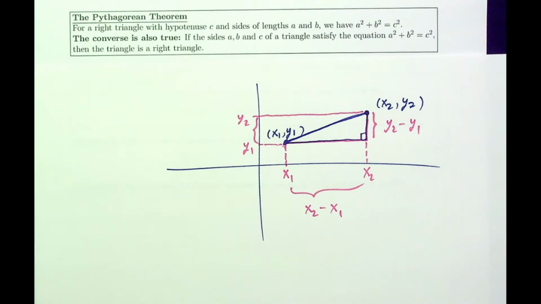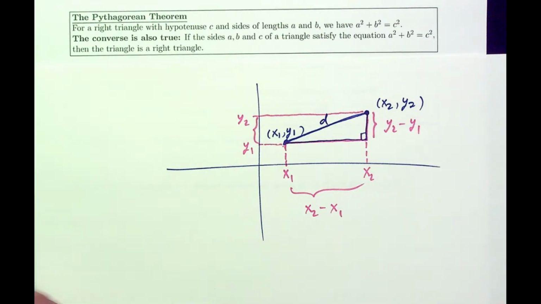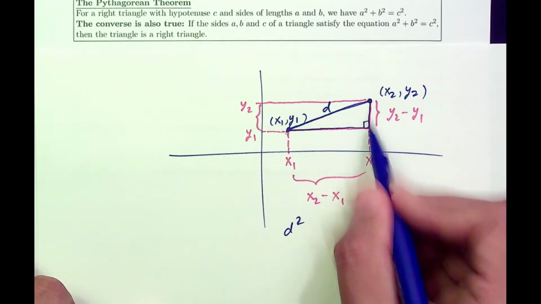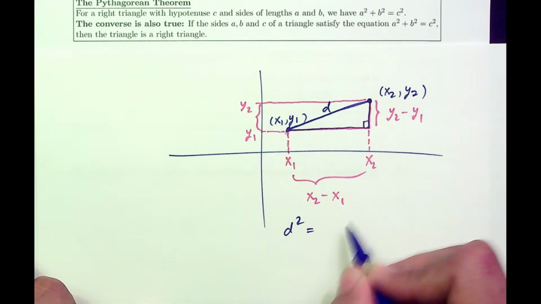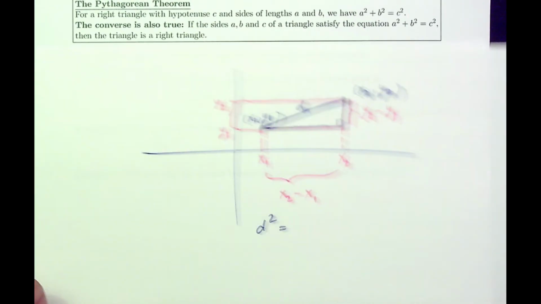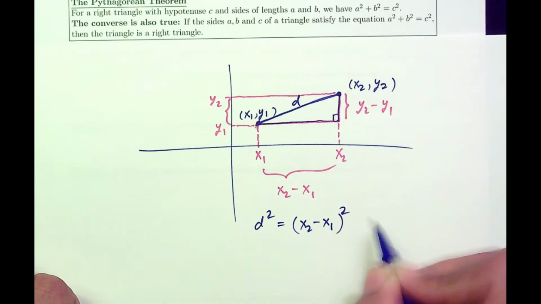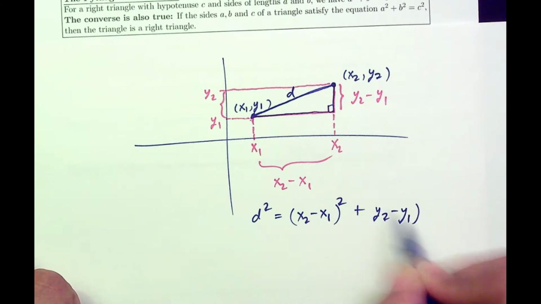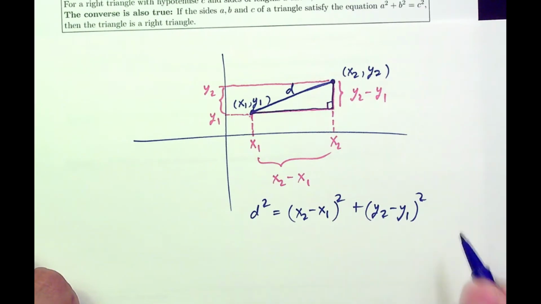And then, if we call this distance over here d, the Pythagorean theorem tells me that d squared, which is the hypotenuse, equals this squared plus that squared. I started with the x's. So that squared, which is x2 minus x1 squared, plus that squared, y2 minus y1 squared. That's the Pythagorean theorem. And then when you take the square root on both sides,